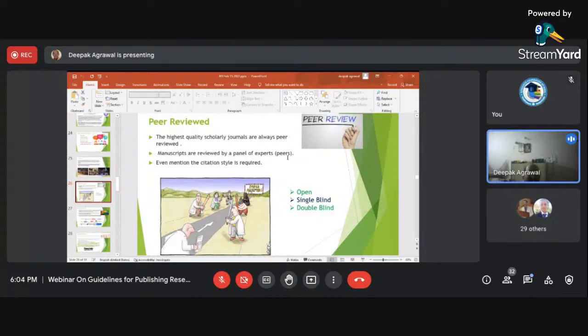The peer review means your paper is sent to a few experts in this area. They will go through your paper, they will put a comment over it, and on their recommendation, your paper may be accepted, may be sent for revision, or may be rejected, or not approved, a better word. It is of 3 types.